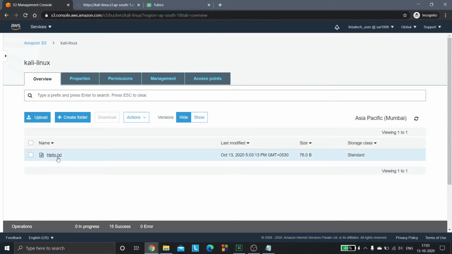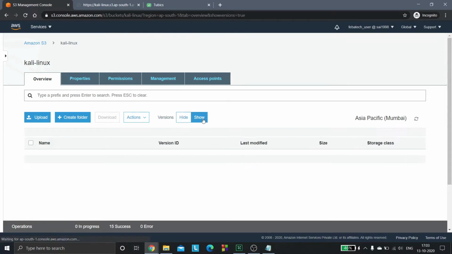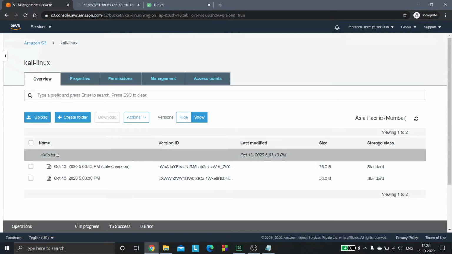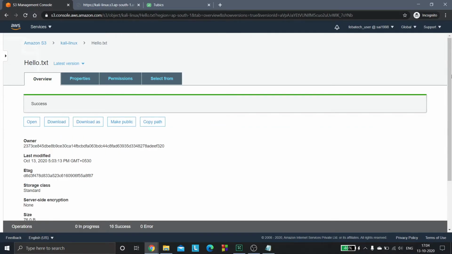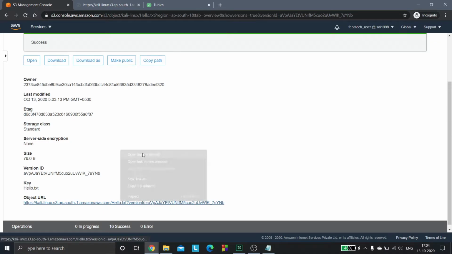Now the hello.txt file has been uploaded and the size is 76 bytes. If we go back to the versions and click on show, hello.txt is the file, and here you will have two versions. One is the older version, that is 53 bytes, and you have the latest version, that is 76 bytes. Let's access the latest version from the browser and see what it shows.